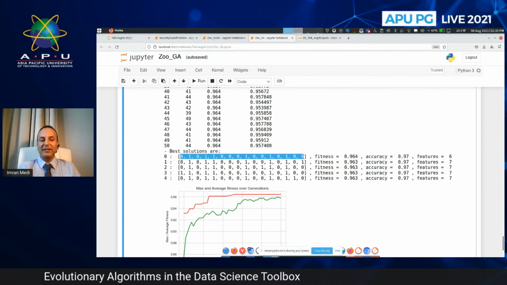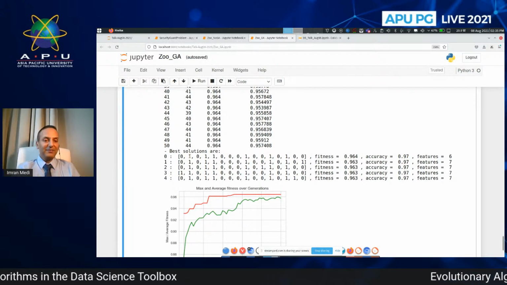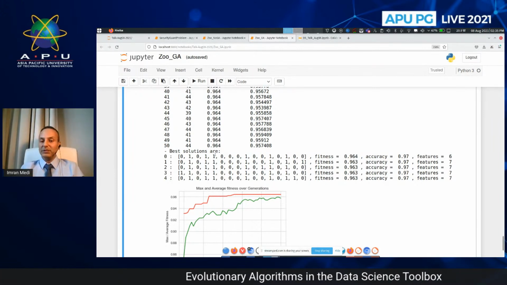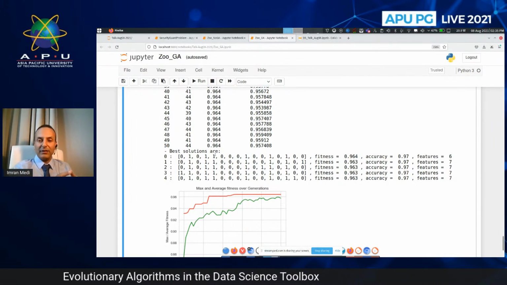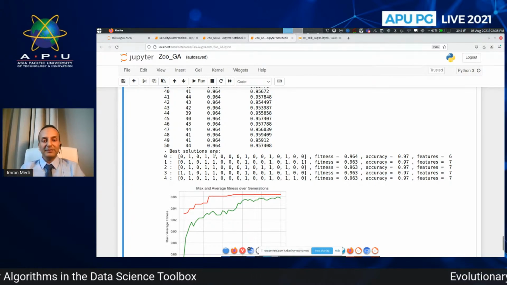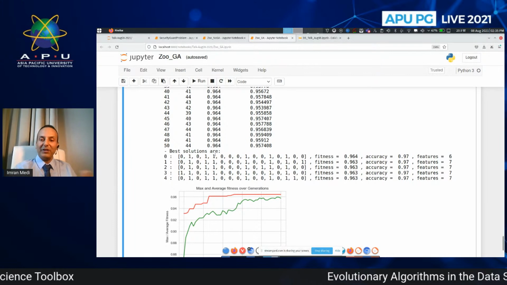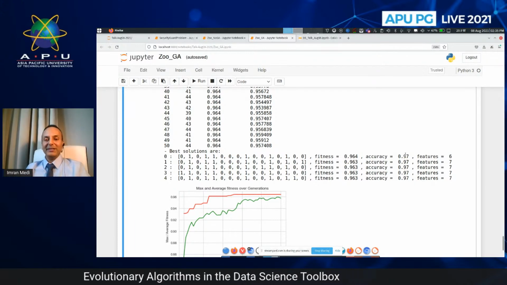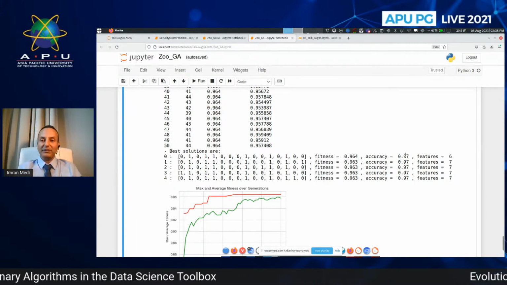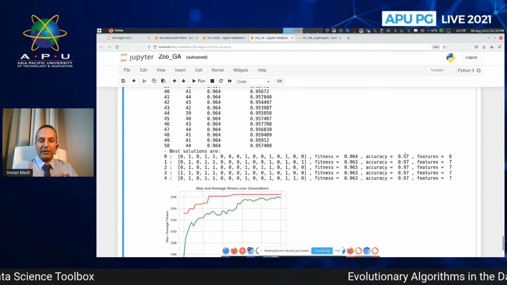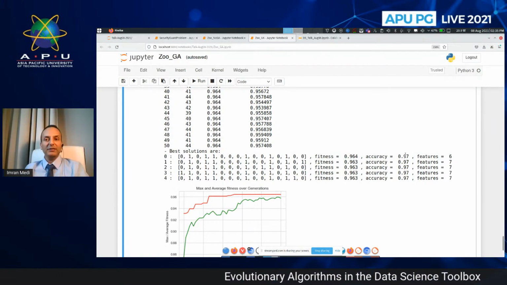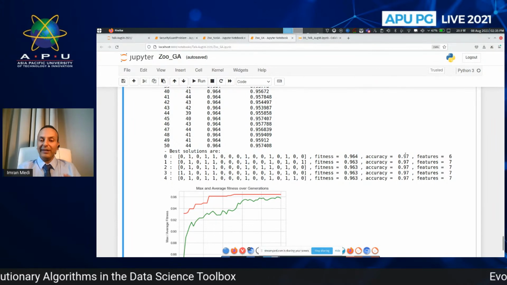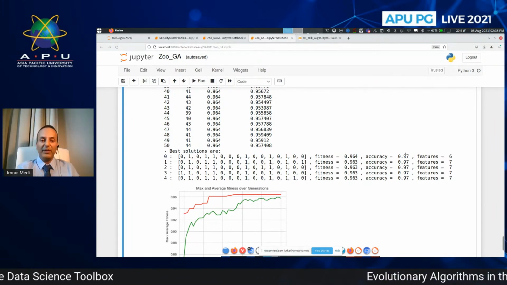So from the data set, the second variable, the fourth variable, the fifth variable, and so forth. Instead of just plugging in all 16, if we just select these particular variables, what we end up with is a better solution, which is more accurate. And so if we think of these in terms of error, one that gives us a 3% error compared to one that gives us a 10% error. Okay, so there is a lot of potential for the application of these evolutionary algorithms in different stages of that data science pipeline.